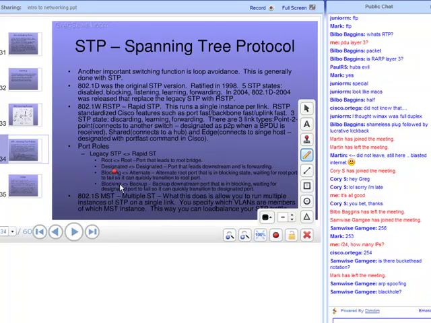Here's just some port roles as they compare from legacy to rapid. And then 802.1s, or multiple spanning tree protocol, which you see used less. That's only going to be in an environment where there's a whole lot of VLAN traffic moving, and what that does is it allows you to,